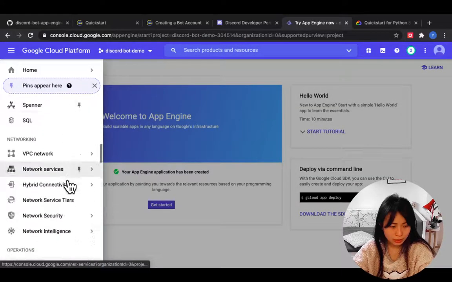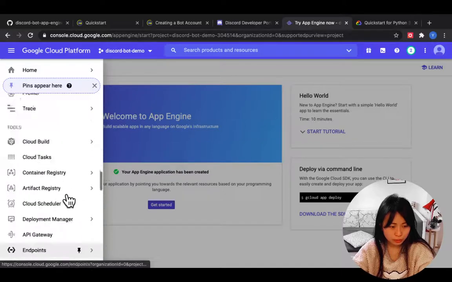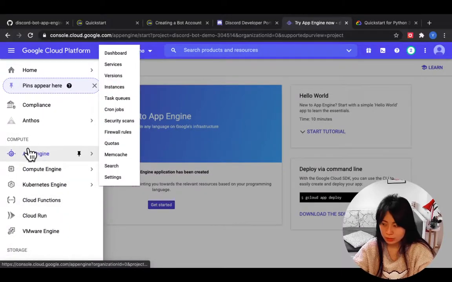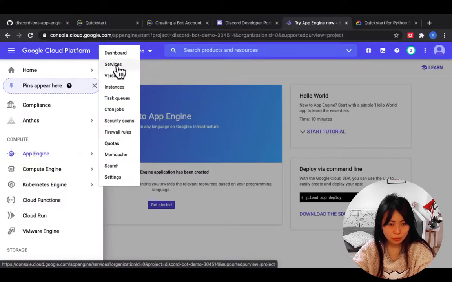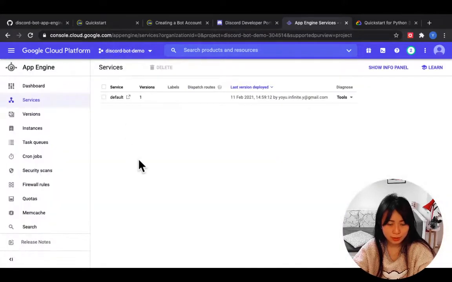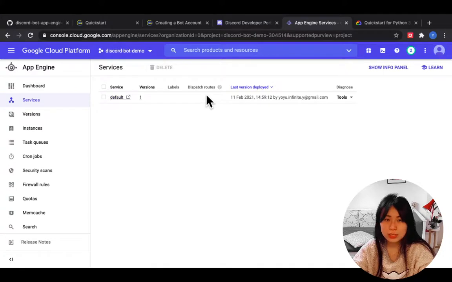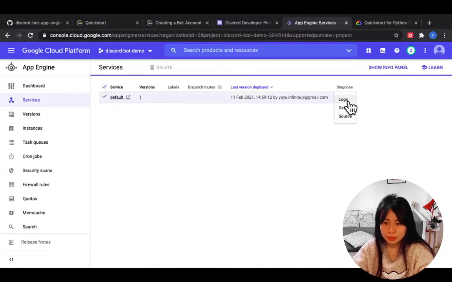We can find App Engine in the navigation bar, and we go to Services. Here you can see this service was deployed at about 3 o'clock today, and the version is 1. This is the application we just deployed. And if we click on Tools and then Logs,